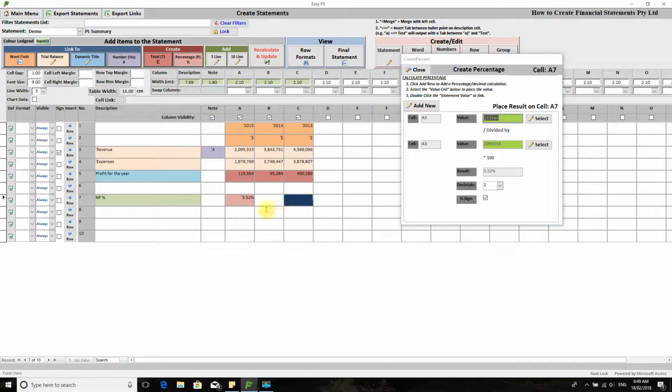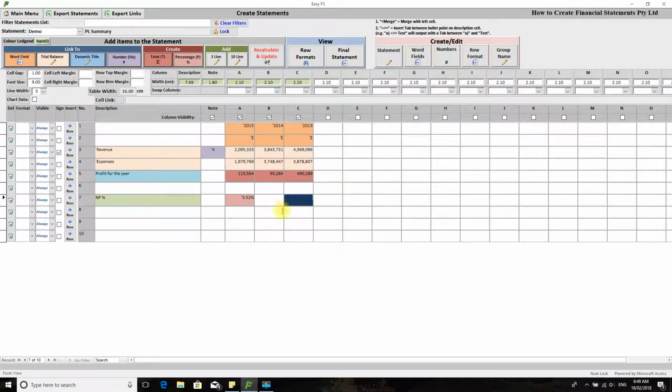so that's how you go about creating a percentage. I'm not going to create all of them, it's just a waste of time for me to demonstrate that. So I think you get the idea. So close that, we're done with the percentage. Alright,